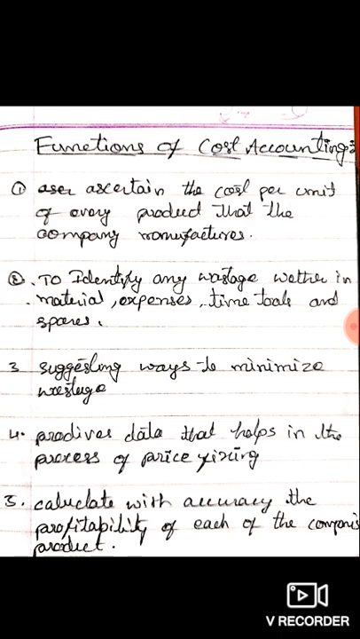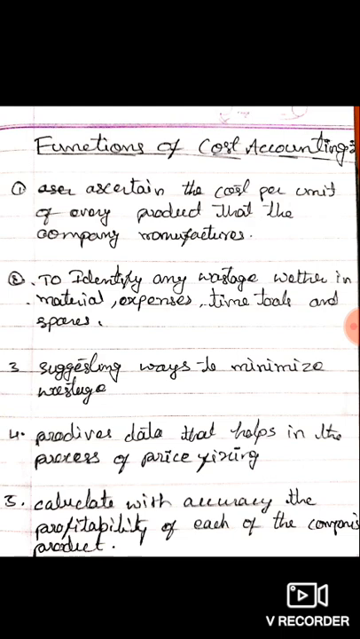Next, another function of cost accounting is that it provides data that helps in the process of price fixing. Most companies use cost accounting to know the cost of the product, and this is the main element in fixation of price, because cost plus profit is added in the price of the product. If the company doesn't know the cost of the product, they cannot fix the price. So this is the main function of cost accounting, which works in the fixation of pricing,